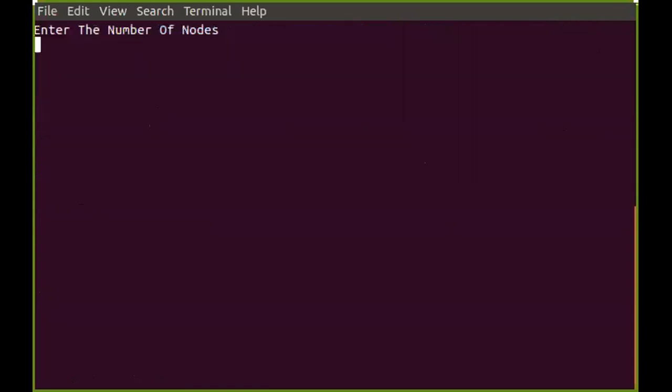Now it is asking me to enter the number of nodes. I'm giving the same example topology that I have just explained. So it is 3 nodes, and this is how you have to give the cost metrics. x to x was 0, x to y was 1, and x to z was 5.